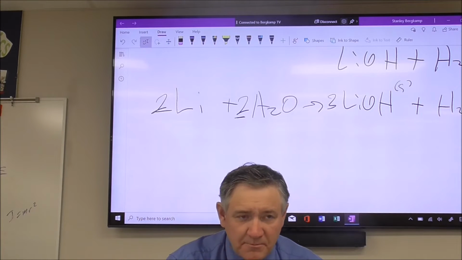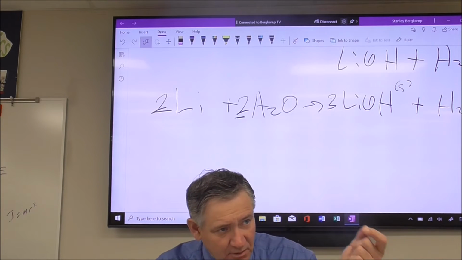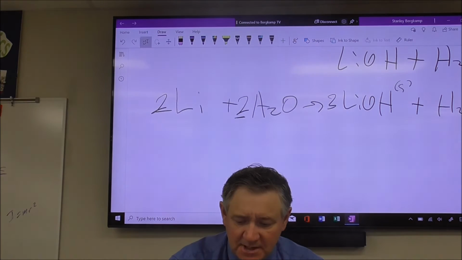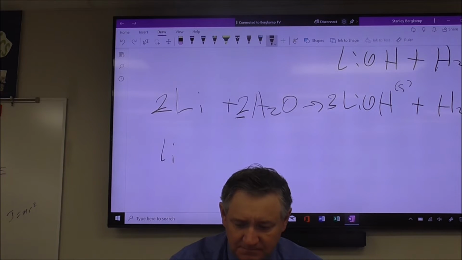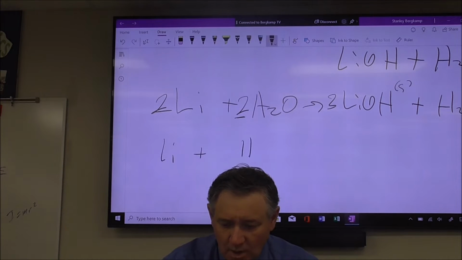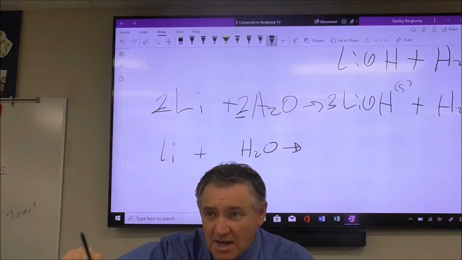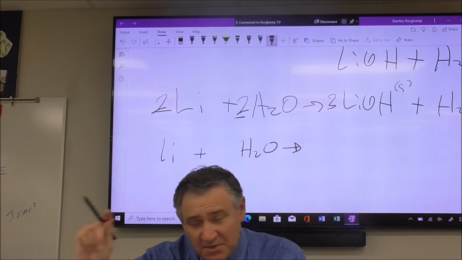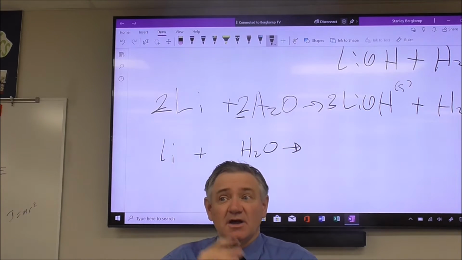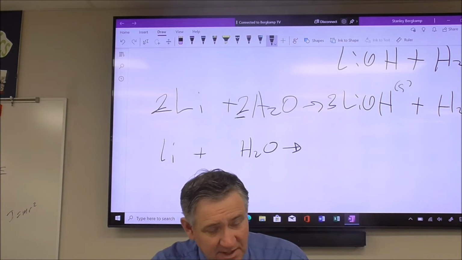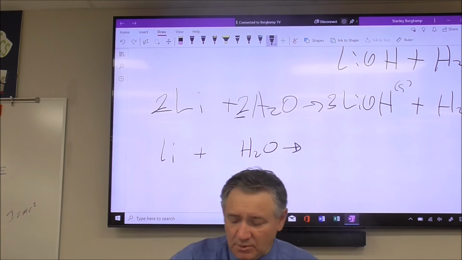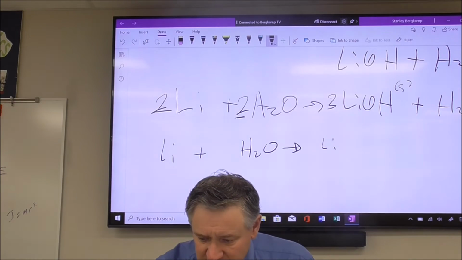Because that was a chunk of lithium, I'm going to keep that together as lithium. I've got water. Now, here's the difference. I'm going to separate out the lithium hydroxide because lithium is in group 1. It's an alkali metal. All alkali metals are soluble. So this is existing as Li plus